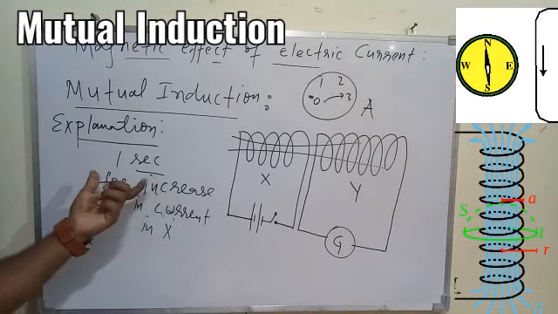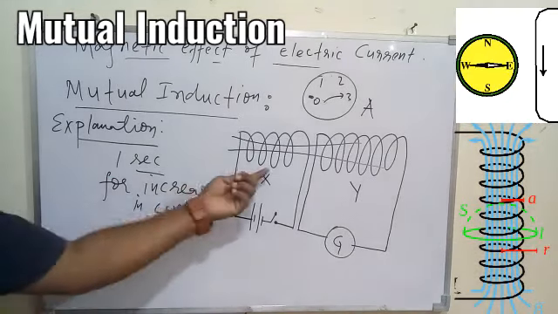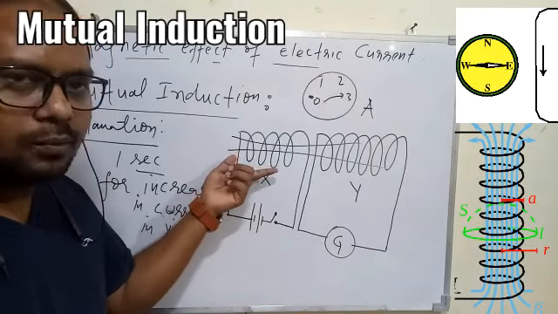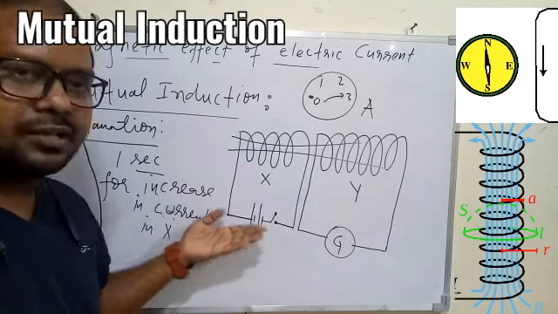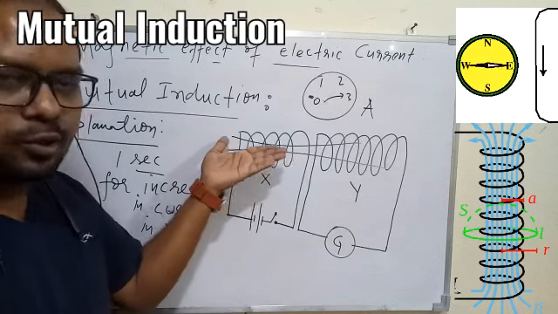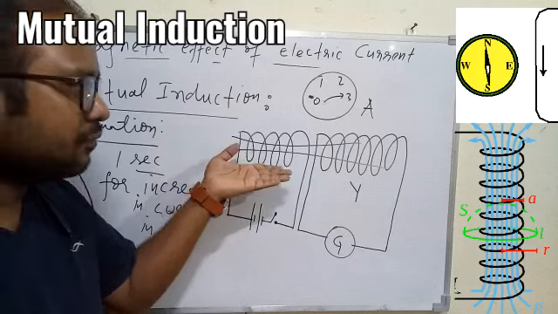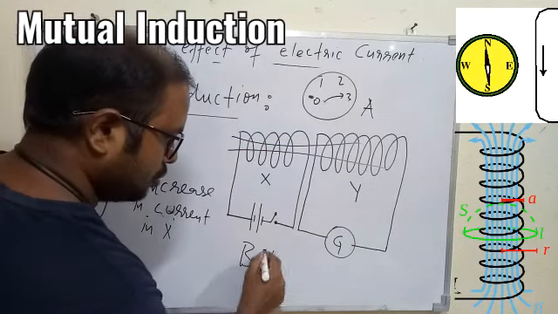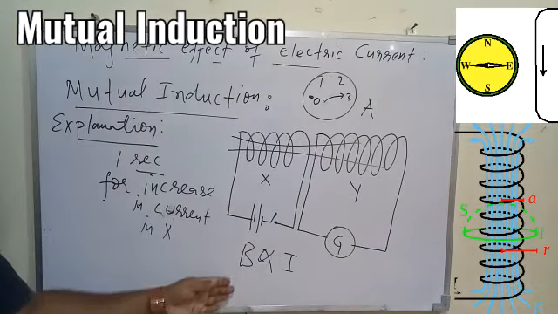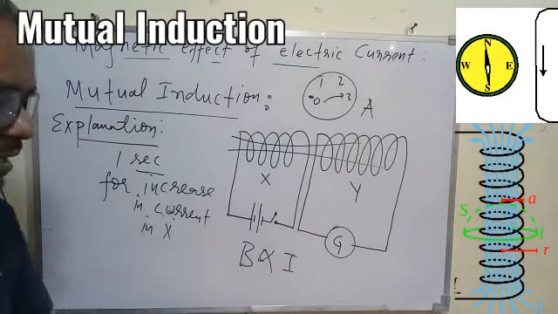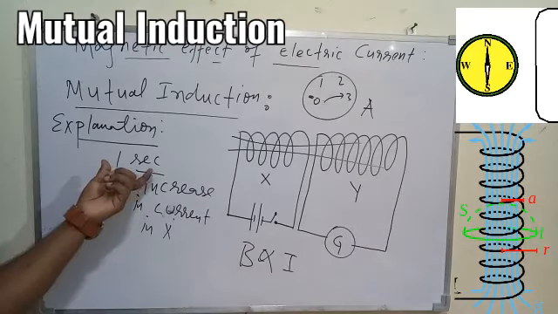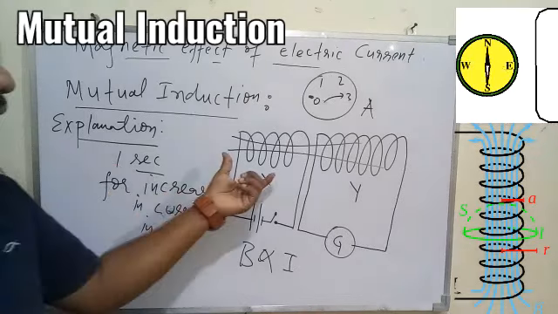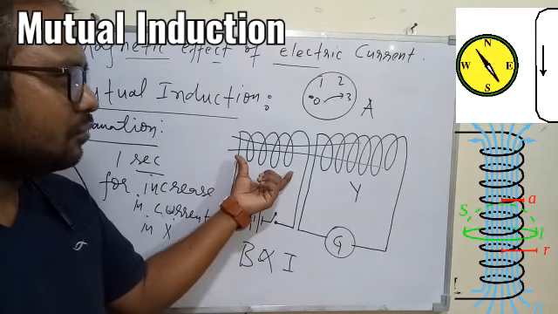So what will happen within 1 second? There is an increase in the current in circuit X. When the current increases, the magnetic field will also increase. Because when the current is constant, the magnetic field will be constant. But if the current increases, the magnetic field also increases. That we understood, magnetic field is proportional to I. So all the time the magnetic field strength or magnetic flux, we can say, is proportional to current. So since it takes 1 second, for example, to increase the current in this circuit, for 1 second there will be a change in the magnetic field, that is the magnetic flux will change.